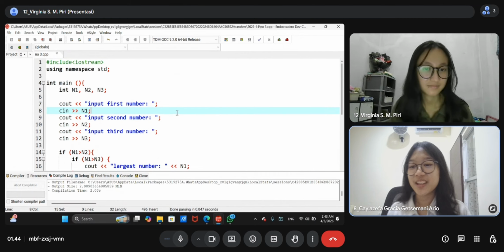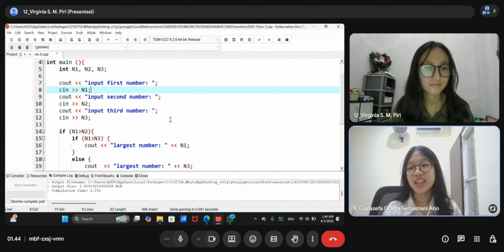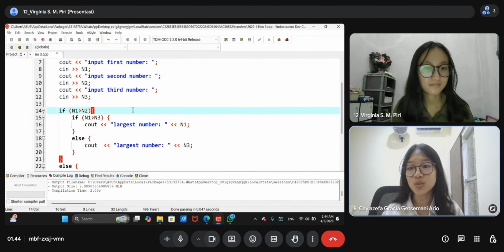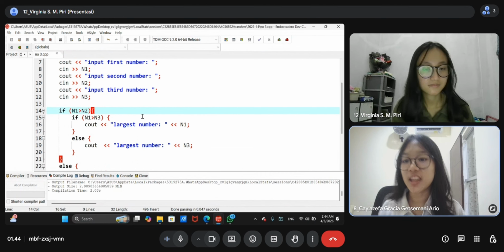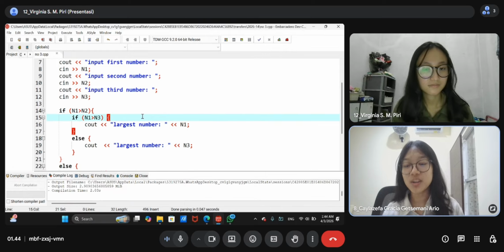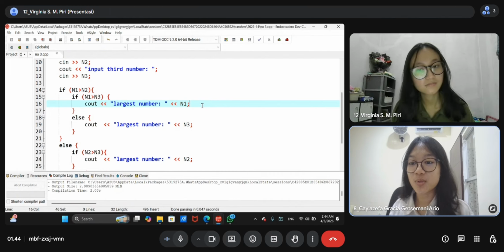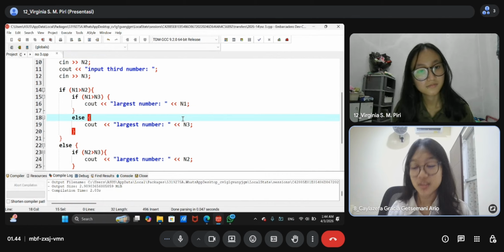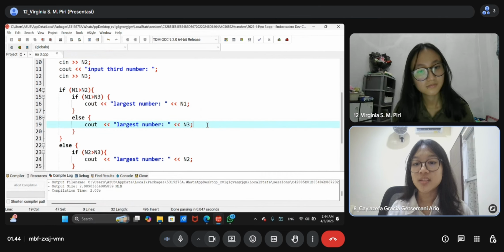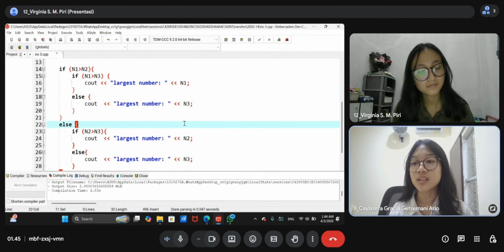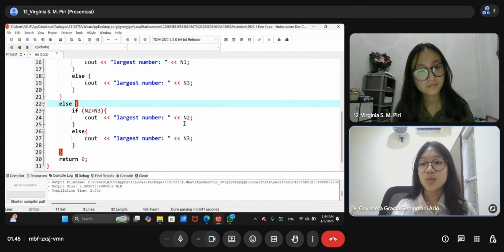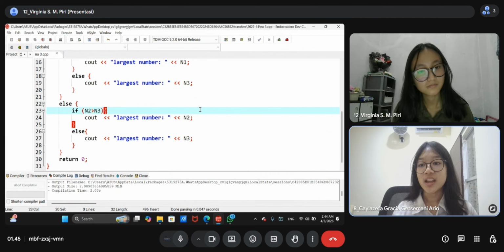And then if we have this decision, if number 1 is larger than number 2, we ask again if number 1 is larger than number 3. Then we print the largest number is number 1. If number 1 is not larger than number 3, we print the largest number is number 3. And if number 1 is not larger than number 2, we have a decision: